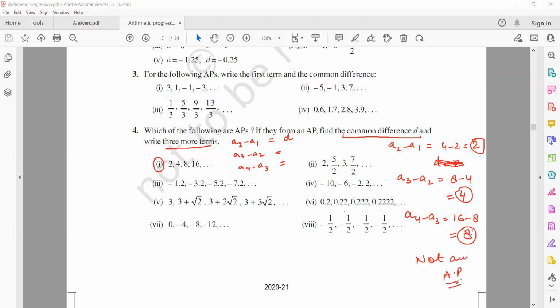Yes, ma'am. Okay. Similarly, you will see if the difference is coming out to be the same, so that will be your common difference. So you will mention what is the common difference. And you have to write 3 more terms. So let's say till A4, you know. So you will do A4 plus D. Then again,